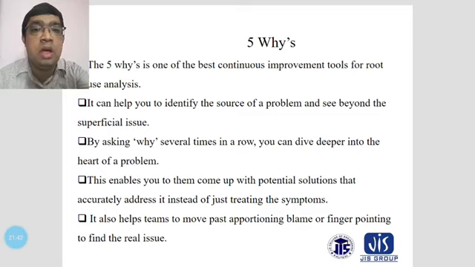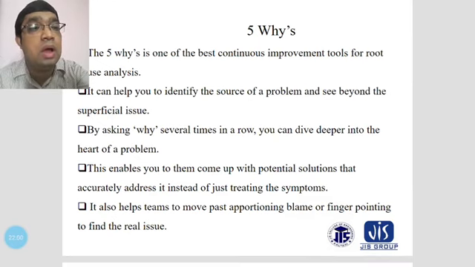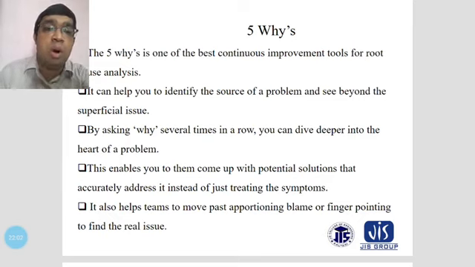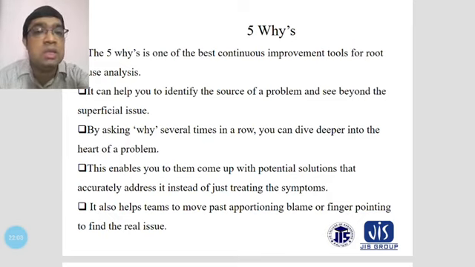By asking why several times in a row, you can dive deeper into the heart of a problem. Another thing is that this enables you to come up with potential solutions that accurately address it